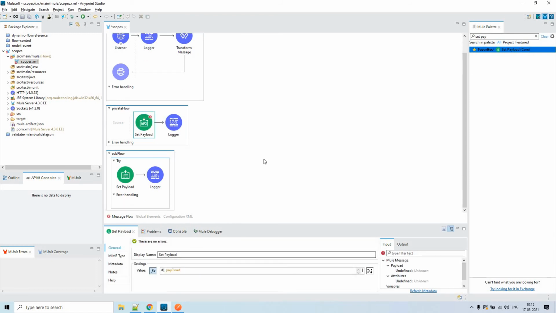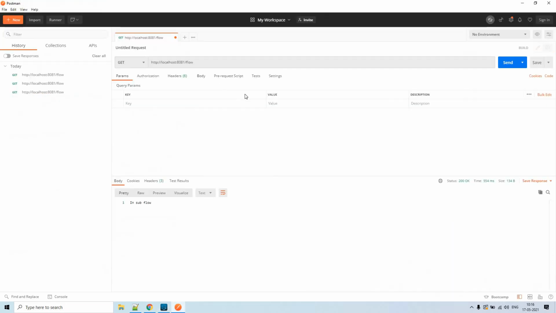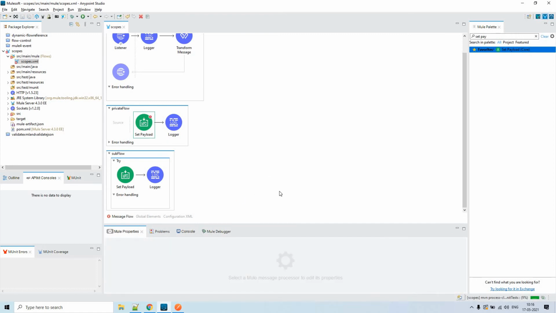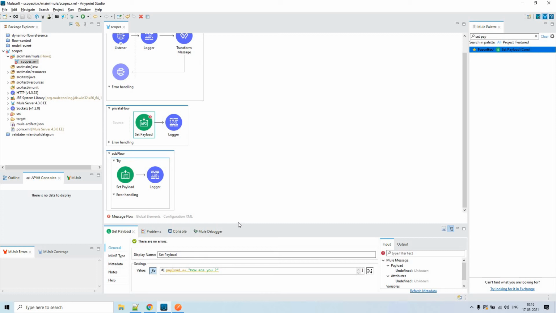For this, I'll be sending something called hi, that is the payload along with our HTTP request. Now I'm going to put here: how are you. Yeah, this should be fine.